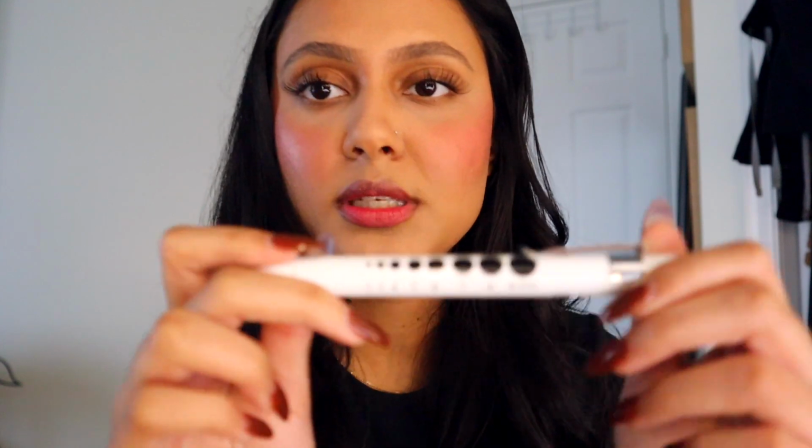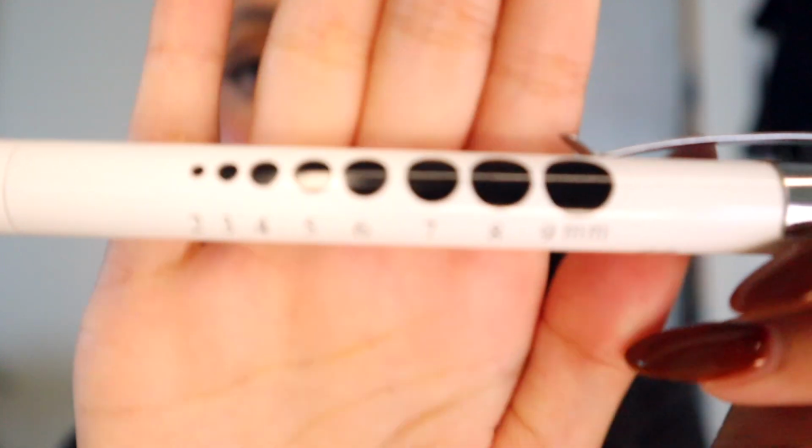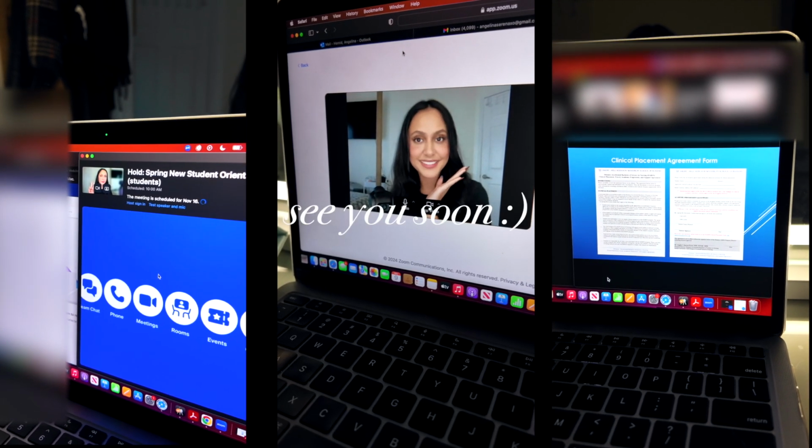Obviously this is used for pupil dilation, and we check pupil dilation with this. There's a bunch of different tests that you can do with this, but I know we use a pen light in nursing school as well, and you can see on my pen light it tells you how much it dilates. In your second semester. So when you start classes in January, this would be after